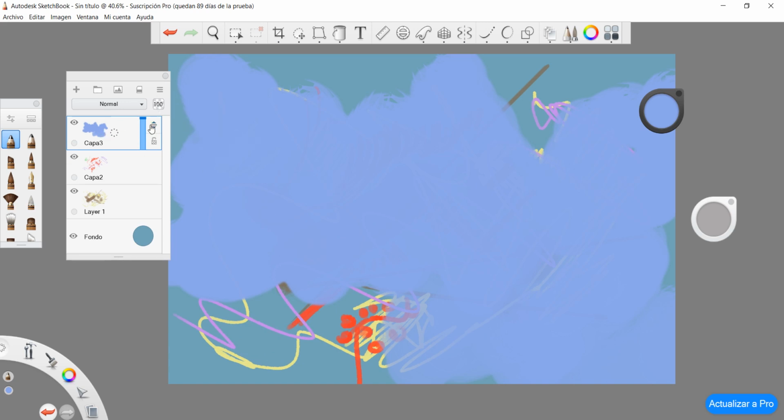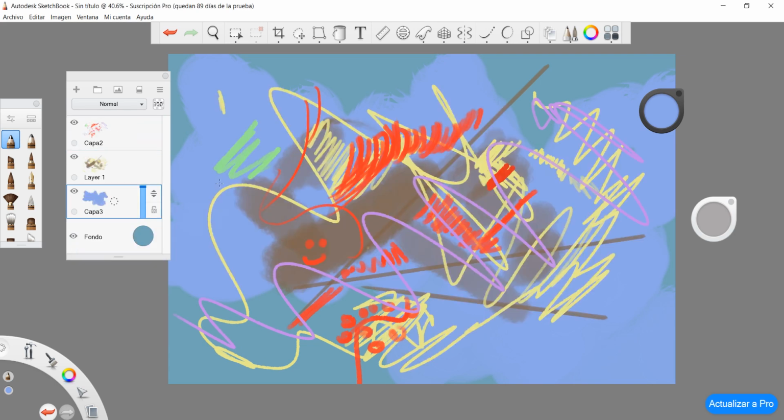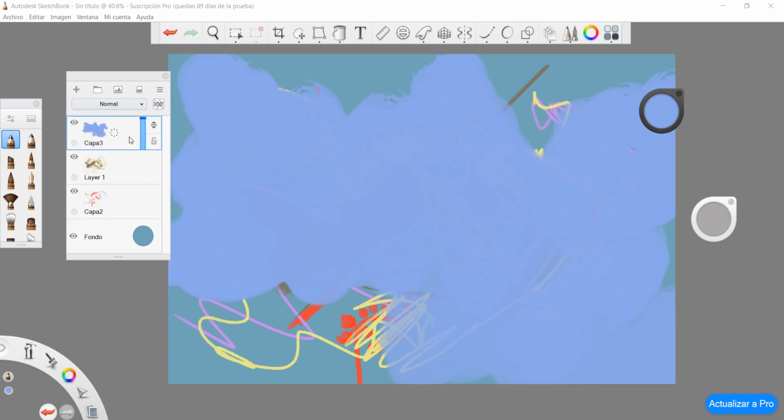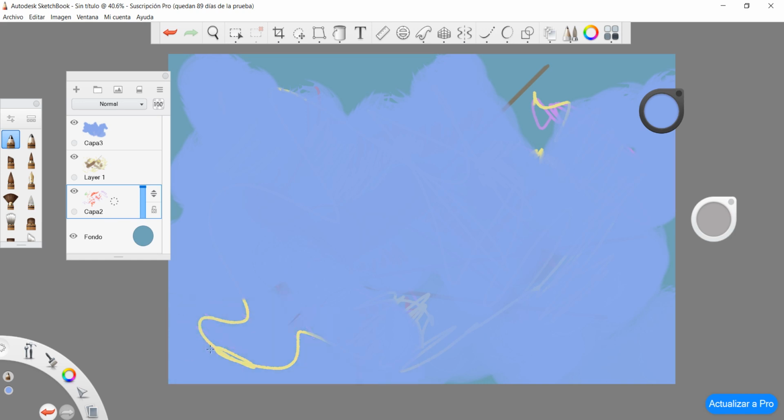See, you can see that everything is a layer on top of the other. Now I will make layer 3 go to be the first layer after the background layer. Now you see, you can manage the order of the layers here by selecting them. So you will always paint in the layer that is selected. For example, imagine I want to keep painting blue, but I get confused and I select layer 2, and it would seem that I am still painting in layer 3, but then you will see